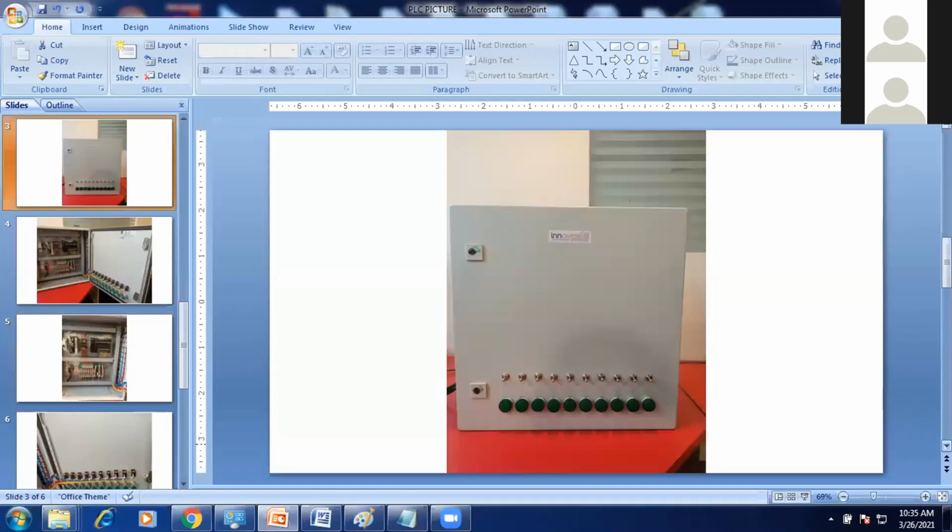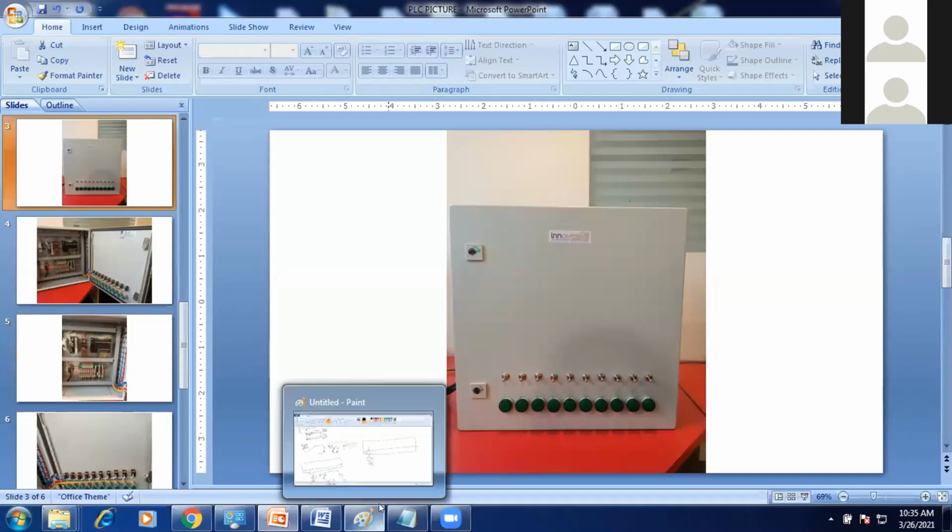So now we will execute a program using that PLC. What concepts am I going to execute? Here I am considering the push button concept, with latching and without latching.